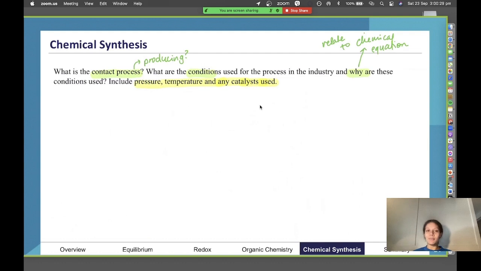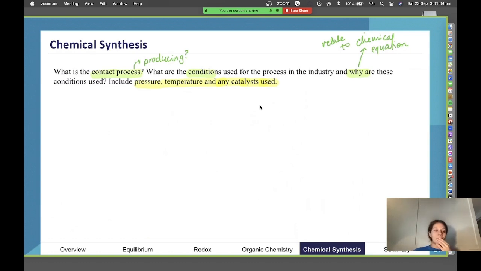So as long as you have your main equations, what is it producing, the temperature, conditions, pressure, all those kinds of things, down in a really short format, that's going to form the basis of your mark allocation in the marking guides for these questions. They really want to see that you hit each individual part correctly. Because if you write a massive, massive paragraph, doesn't matter if you write 1,000 words on the contact process, but if you don't actually mention exactly what the marking criteria wants you to address, then you're not going to be assigned any marks.